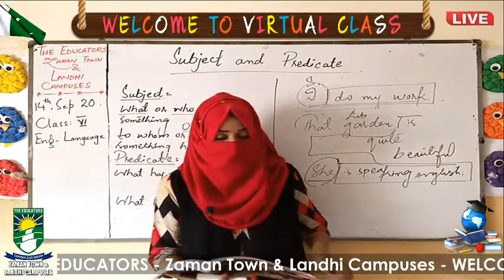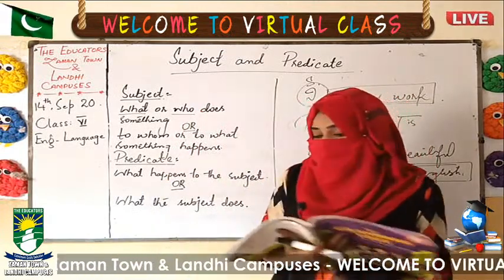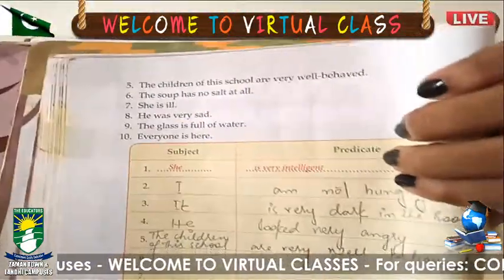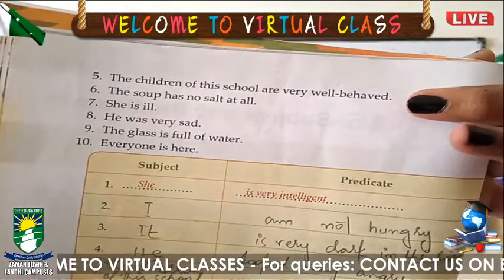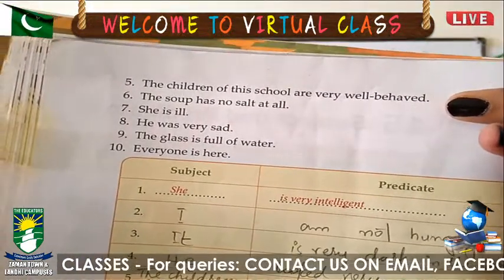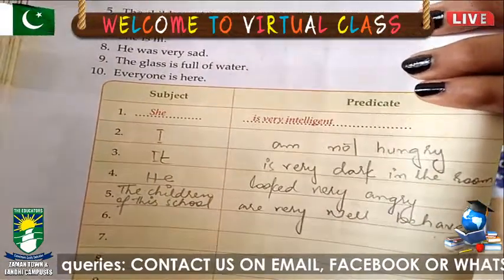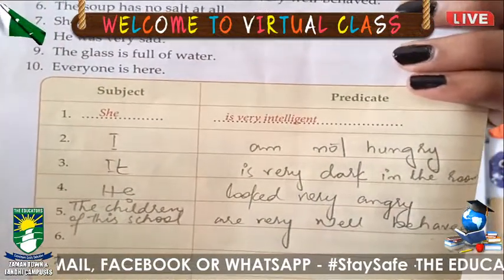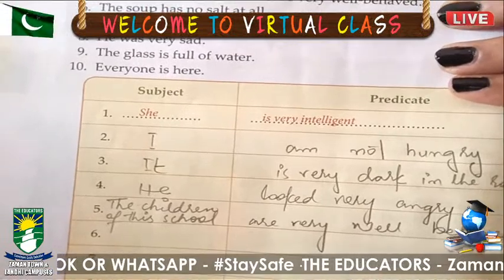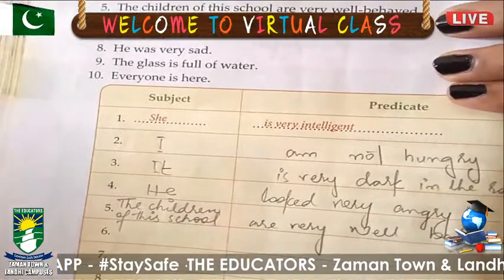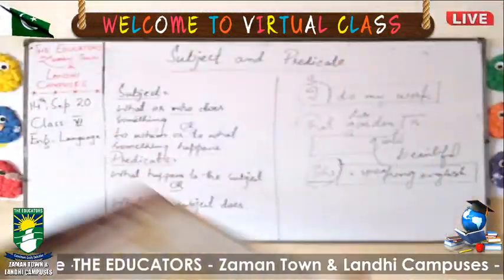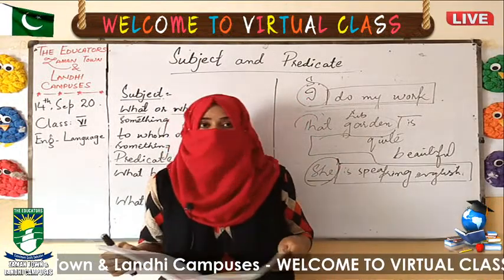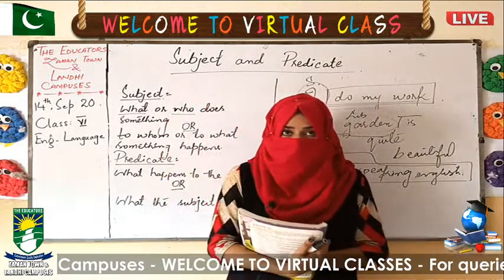Okay, definitions and exercises. I hope that you have understood well. I can show you here as well. Till sentence number 5. The children of this school are very well behaved. There is a column of subject. Like sentence number 1, they have done here in red. In the subject it is she, and in the predicate it is very intelligent. In the same manner you are supposed to do the rest of the sentences. So that is your topic. I hope that you have understood well. Just do it in a neat and clean manner. Inshallah we will meet again in our